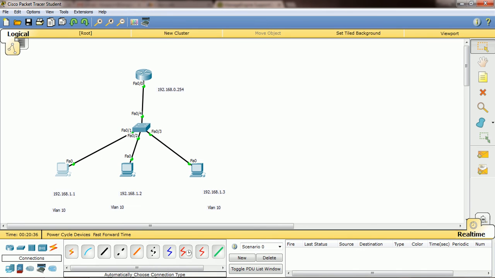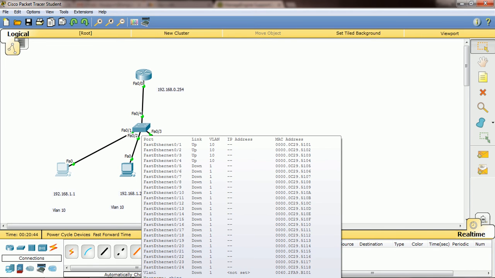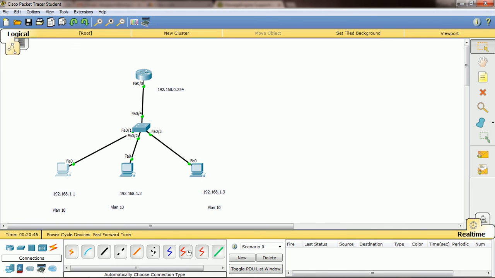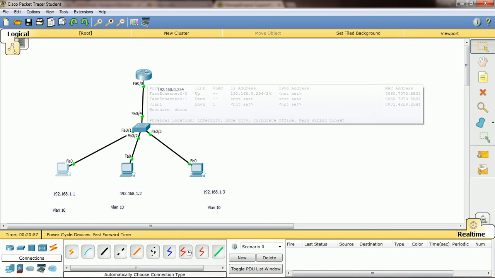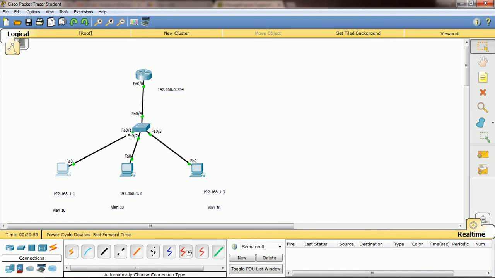So now we have assigned the IP addresses for the end machines, and we did the initial configurations and the required things like creating VLANs. The VLAN creation is not necessary here, but I will explain the purpose of VLANs later. And I enabled the router ports and assigned the default gateway.